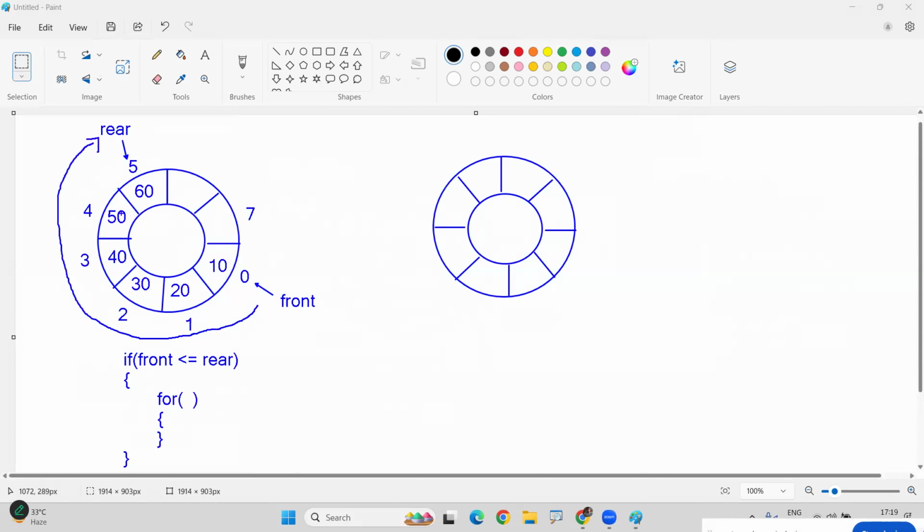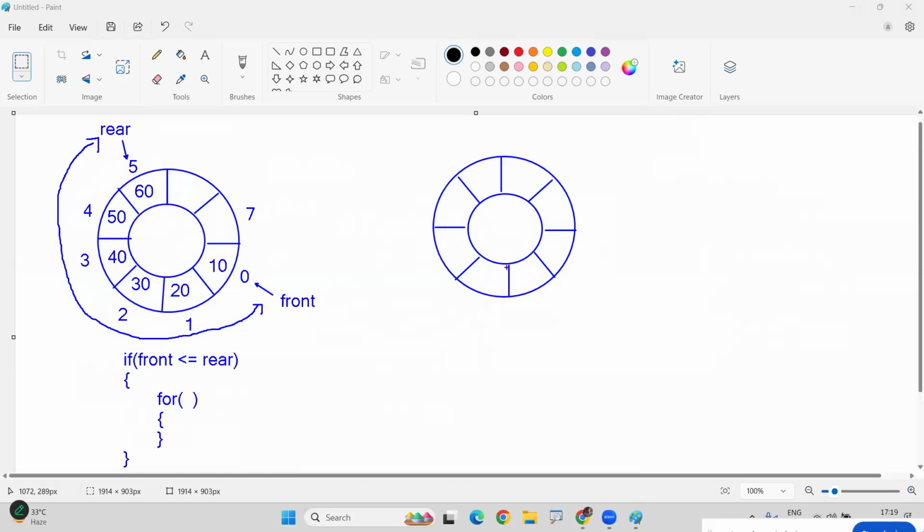You need to display the elements from front to rear. But one more situation I have shown, the second situation, after some deletions,